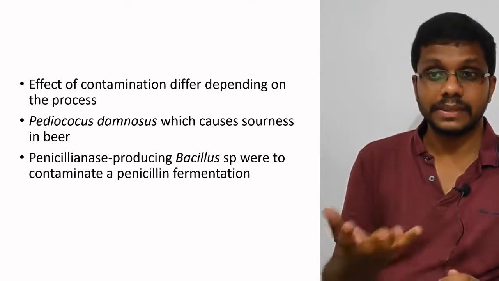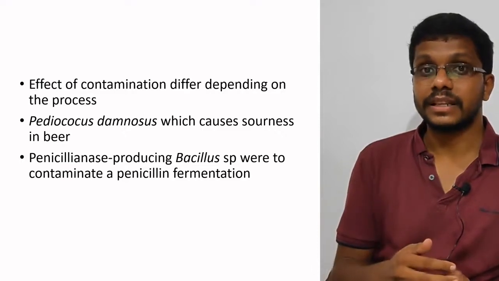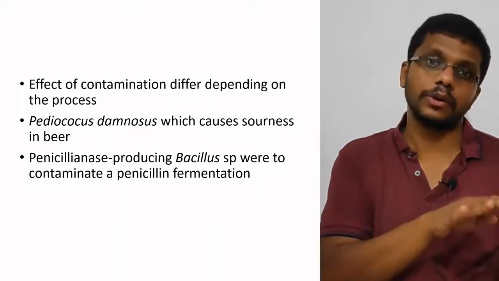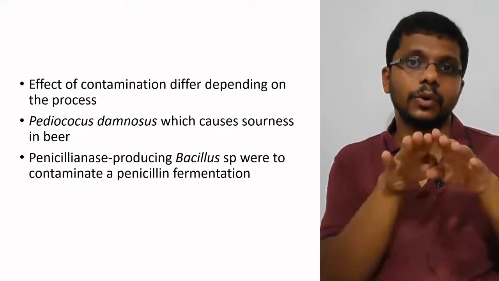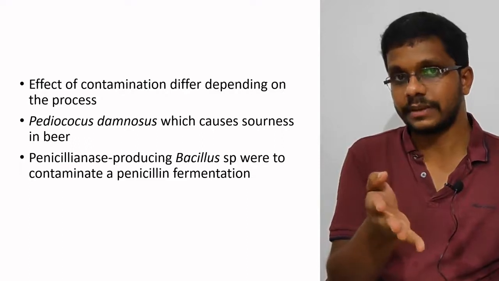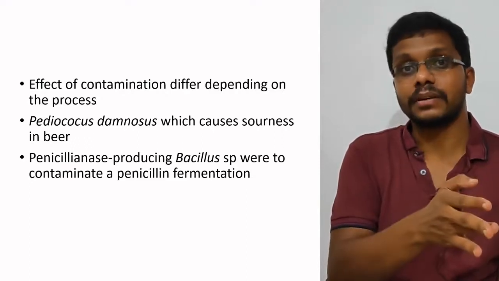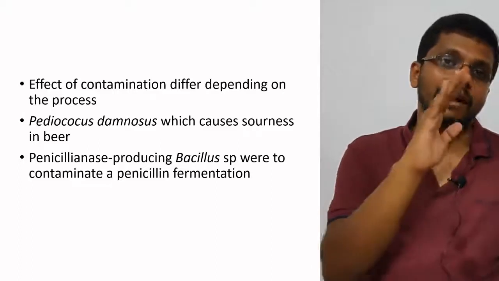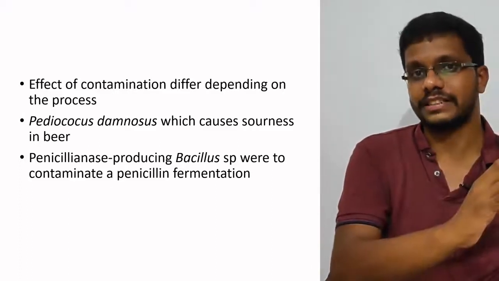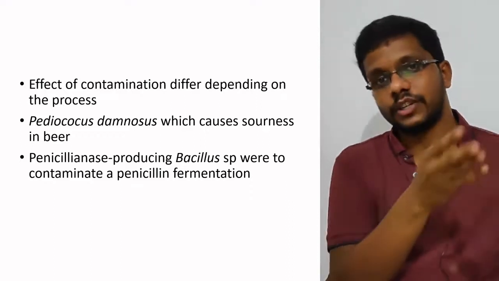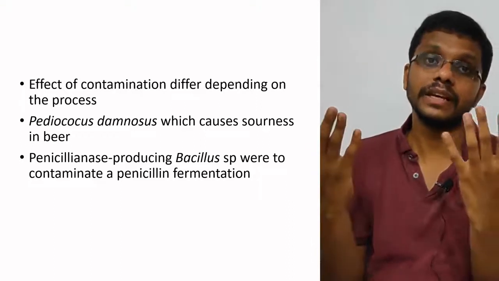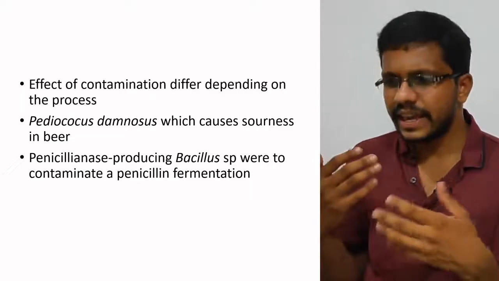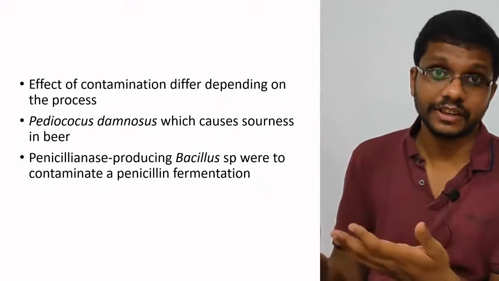Another specific contamination is the contamination by Acetobacter. Acetobacter is the organism which converts ethanol into acetic acid. If that contamination occurs in an alcoholic fermentation, the alcohol will be converted into acetic acid, which is actually vinegar. If you have set up an alcohol fermentation and some of it is converted to acetic acid, the whole thing will become unconsumable. You cannot sell it, you need to throw it away. So the effect of each type of contamination is different.